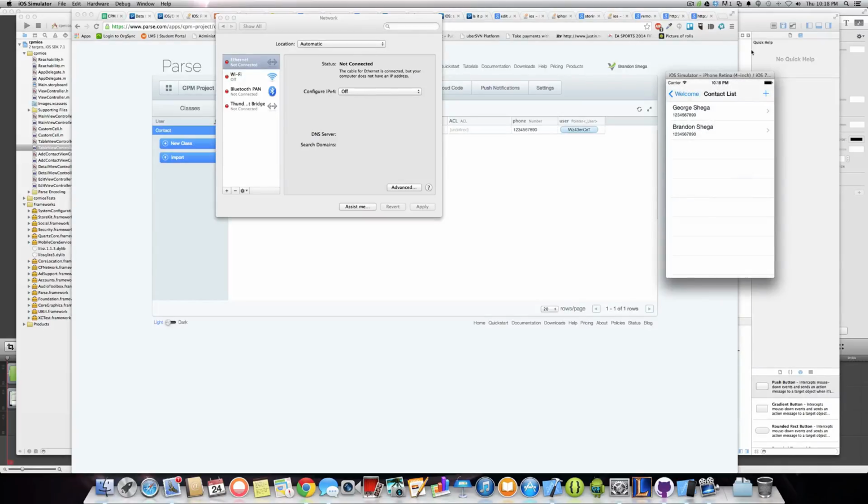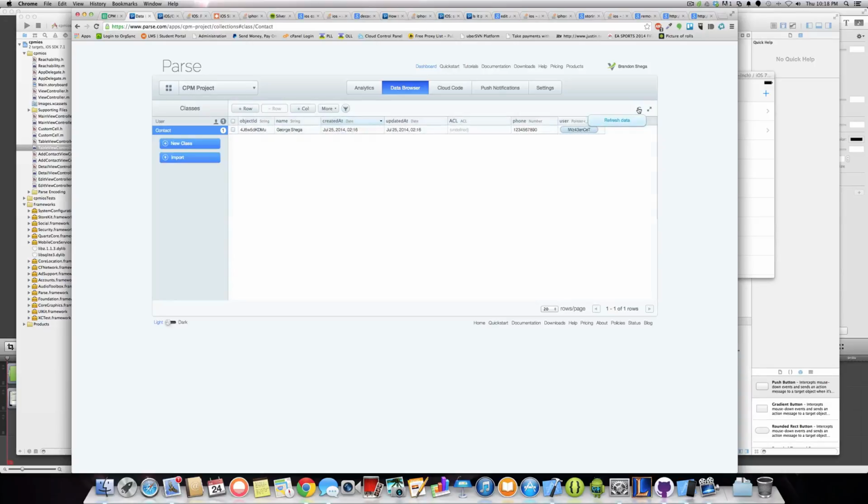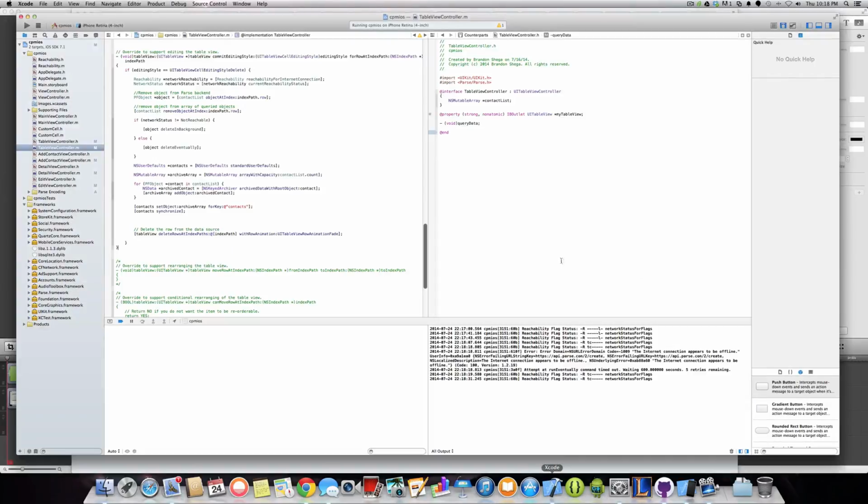But this is done completely in an array that I store inside the app. There's no user yet inside the database, and if I refresh this here, you can see that it's still only George. But if I refresh the app, you can see here it says attempt at run eventually, command timed out, waiting 600 seconds, 5 tries remaining. So basically that means that the app isn't going to try again for 10 minutes to upload the data,